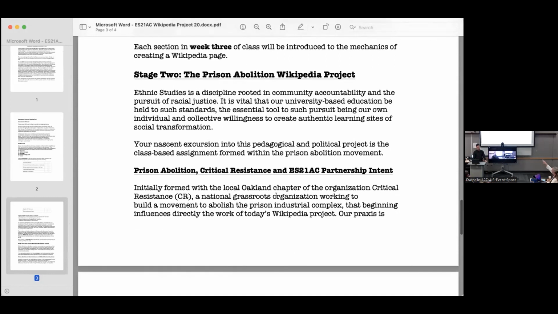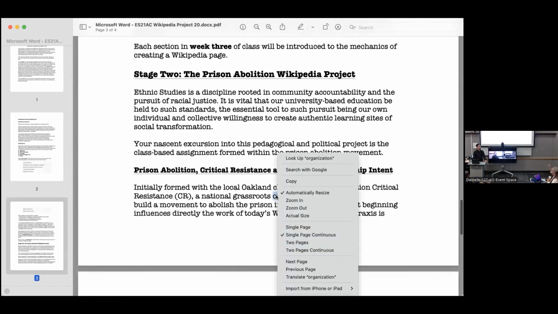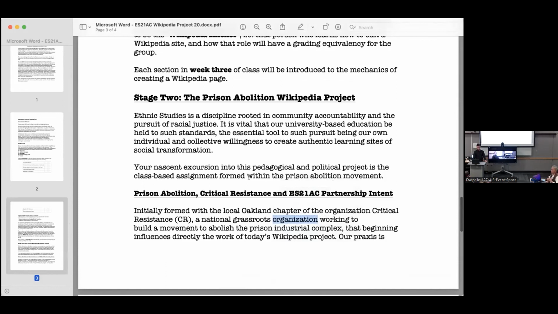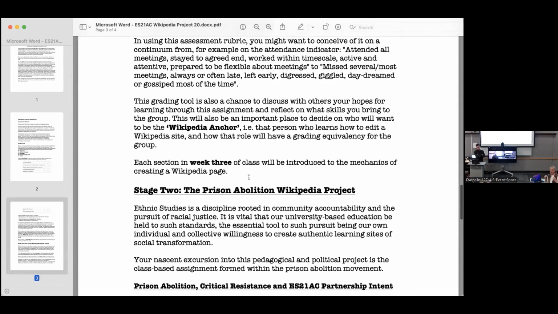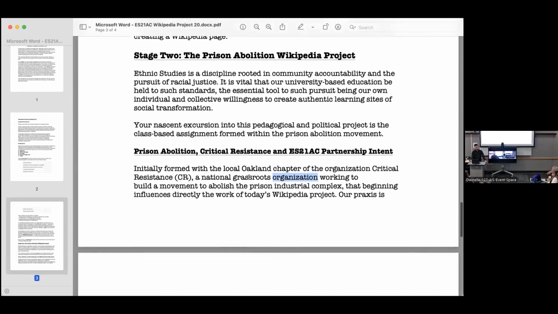We also, to that point, we created a Wikipedia anchor. It was just a bit further up. So some students really did float to the top in terms of, I've never done this, I really want to do this. And so we had a separate section that supported the anchors for each group. That worked out really well. They were designated that special role, and they were given those extra 197 units that went with it. If we keep going down, it was really important.